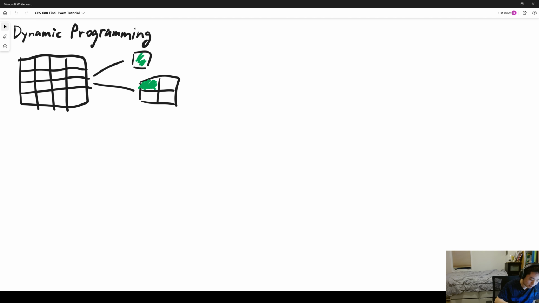So we take the solved piece, and then we're going to combine it with some other piece. For example, I solved this small piece in green, and then I'm going to combine that with a soon to be solved piece in purple,